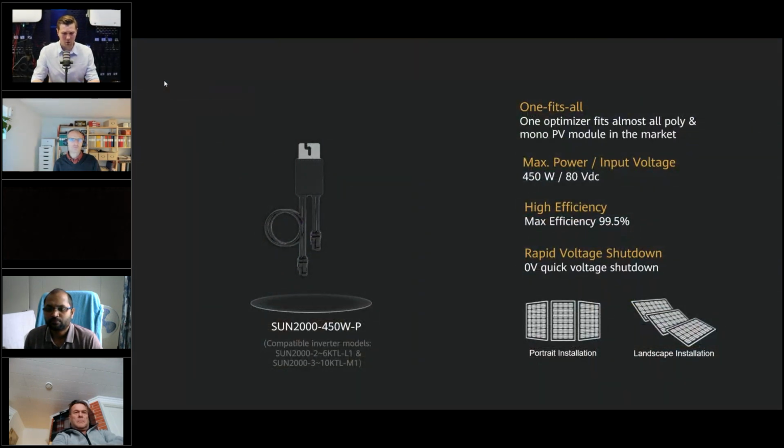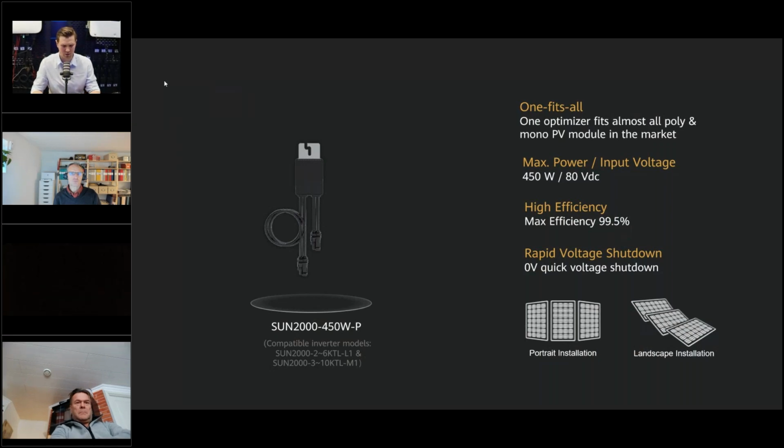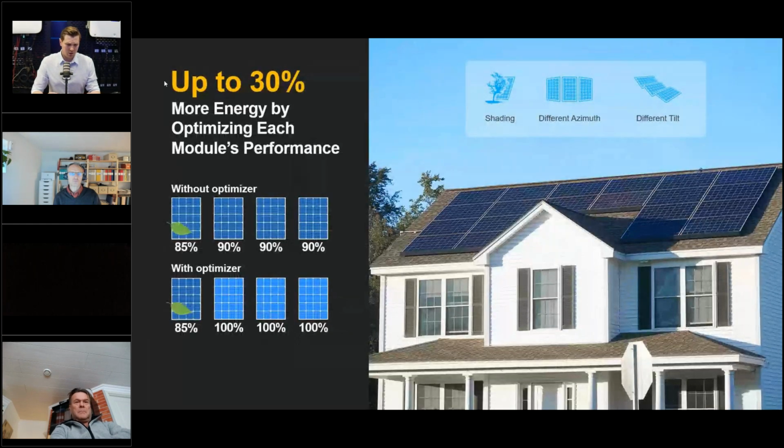As I mentioned before, 450 watts optimizers are what we have right now. Maximum efficiency is 99.5%. The real efficiency is about 99%. Those optimizers are compatible with both the L1 and M1 series of inverters. The optimizers in the system